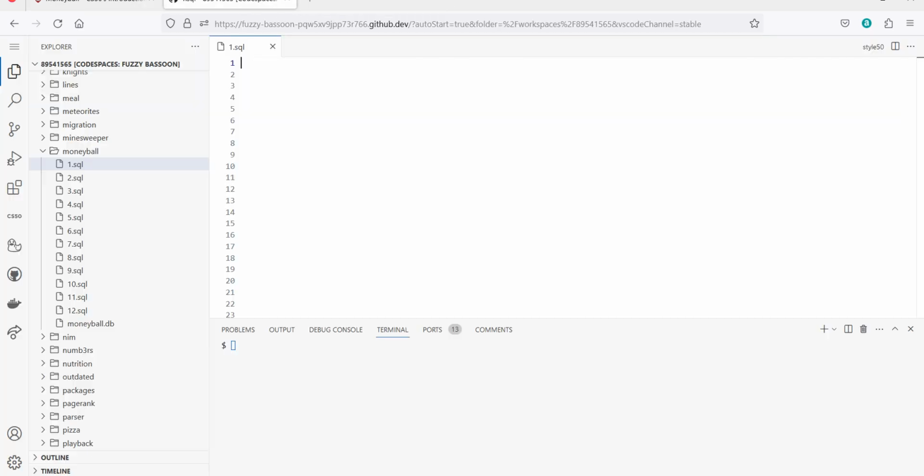Let's get back to our Visual Studio Code. Let's start writing our query. Select year and also salary from, we can find both of those in our salaries table. So salaries,